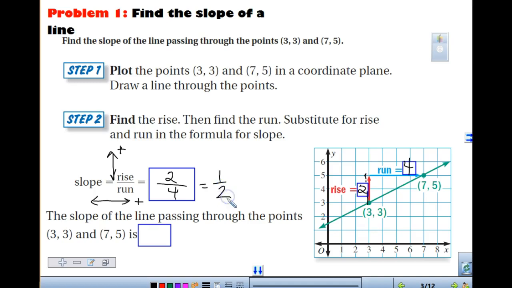Someone said, can I change it to a decimal? No. The main reason is anytime we're working with slope, it's a ratio, and it tells us this is how high you're going up or down, and this is moving left or right. So we want to keep this answer as 1/2. So the first half of your homework, the first 6 problems, I ask you to look at a graph and simply tell me what is the slope. As you look at that next page in your notes,